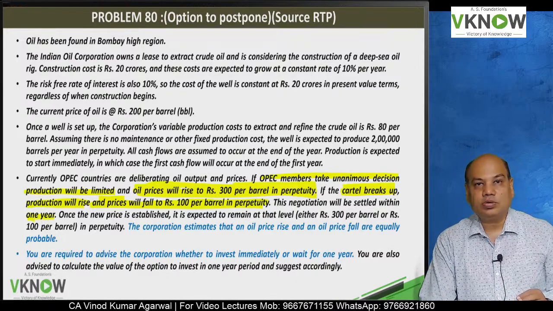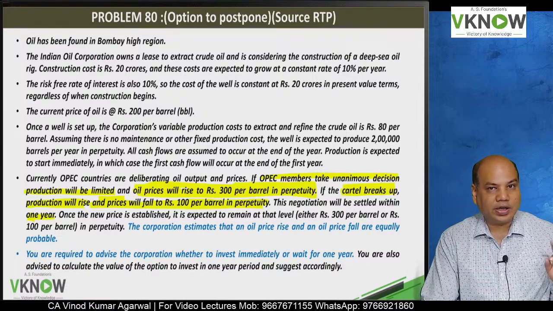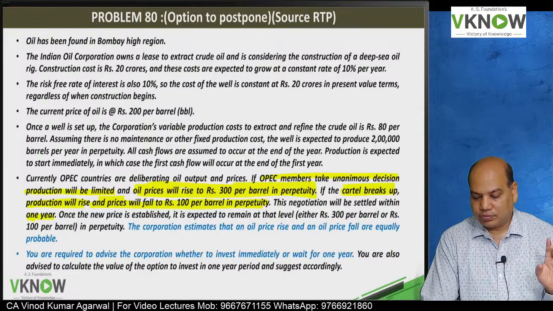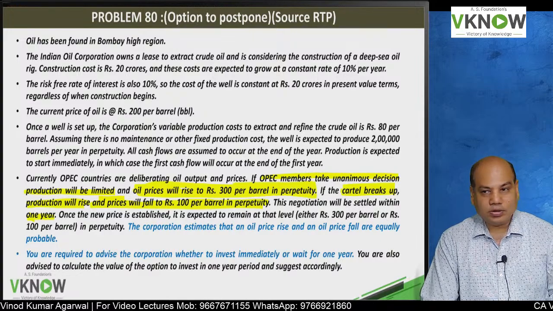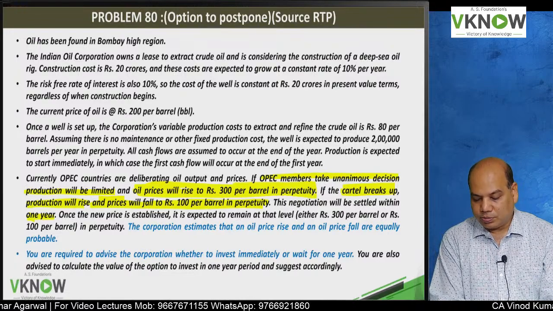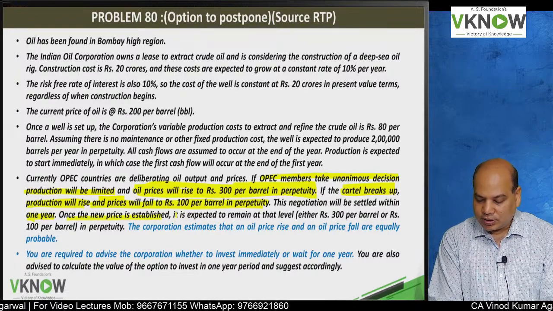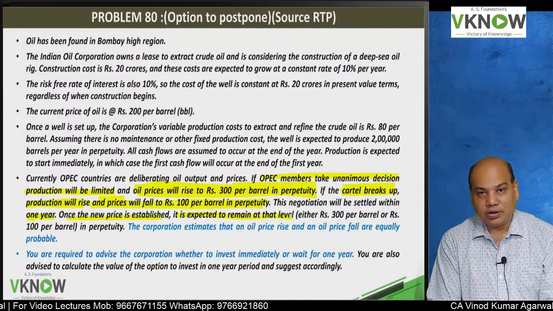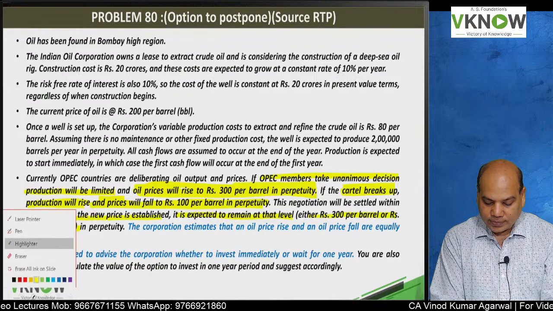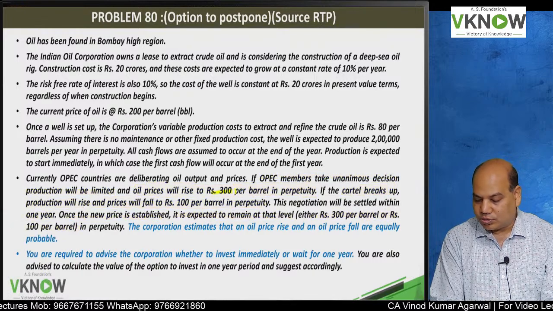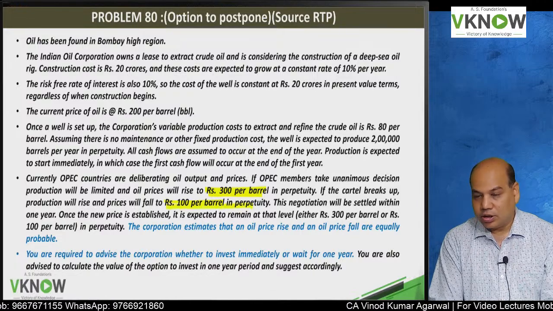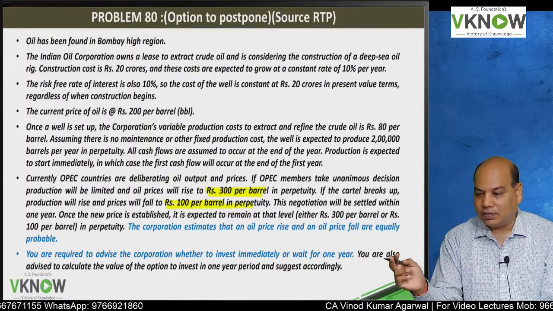So when will you come to know whether price will rise to 300 or fall to 100? After 1 year, the decision of the cartel will be known. Once the new price is established, it is expected to remain at that level, either 300 or 100 rupees per barrel, forever,